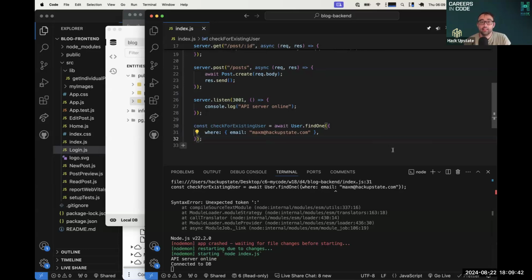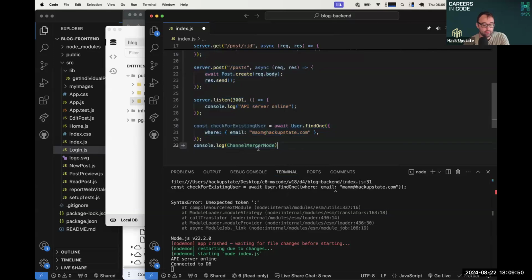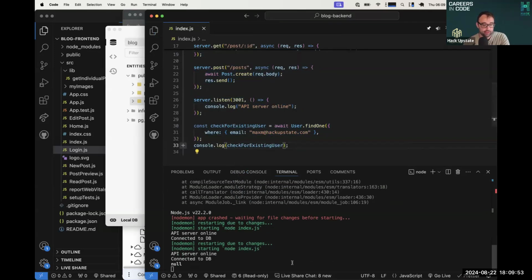And now it doesn't look like anything happened there. And if I console log my check for existing user, I get null. But that's what we would expect, right? The database does not have an email for maxm@hackupstate.com. So what I want to do is say if there is not an existing user,